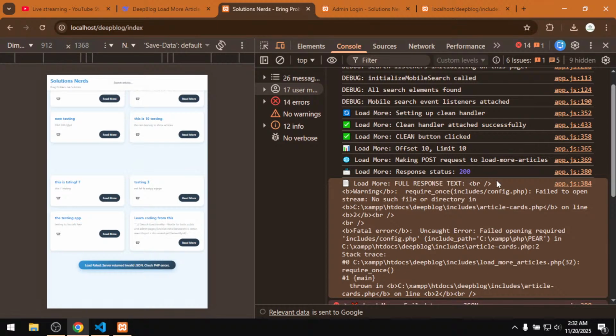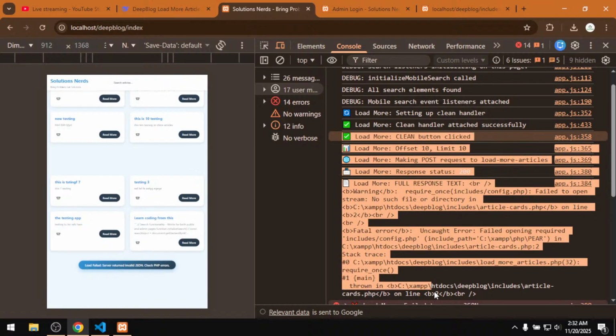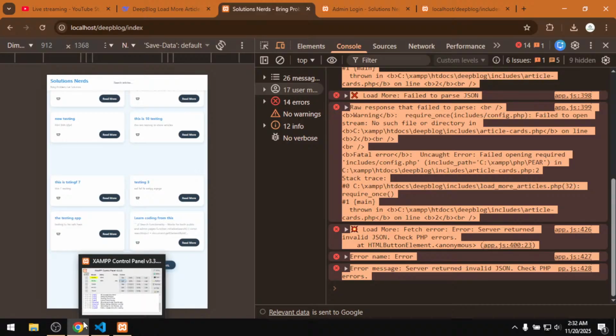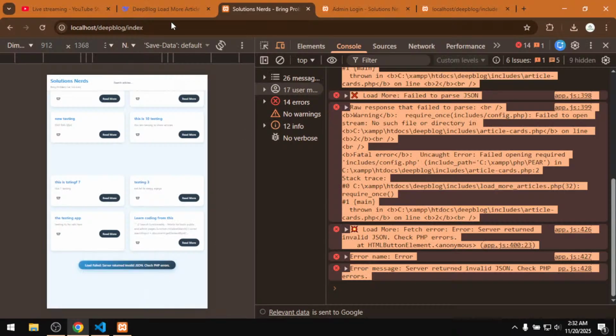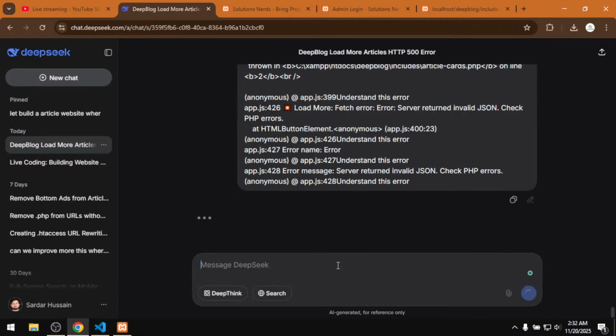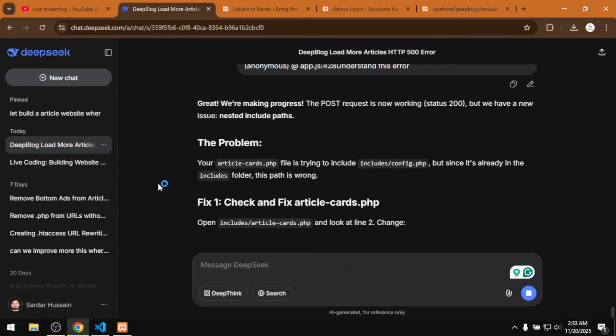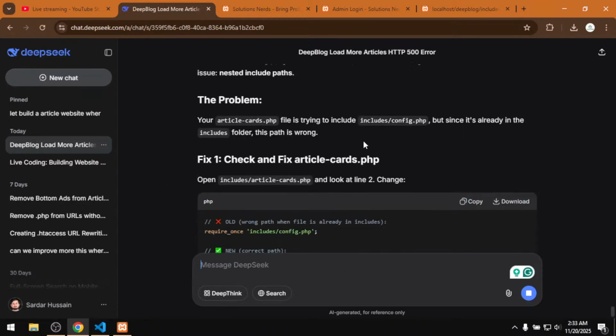Okay, now we got response status 200. So the problem is fixed in JavaScript, right? So we did a job, right? So let me just go and control copy. So we are going to fix it. So before we got 500 status code, but process was not making, because here we'll say now it was this. Right, we making the post request. Okay, we know that. So the file include